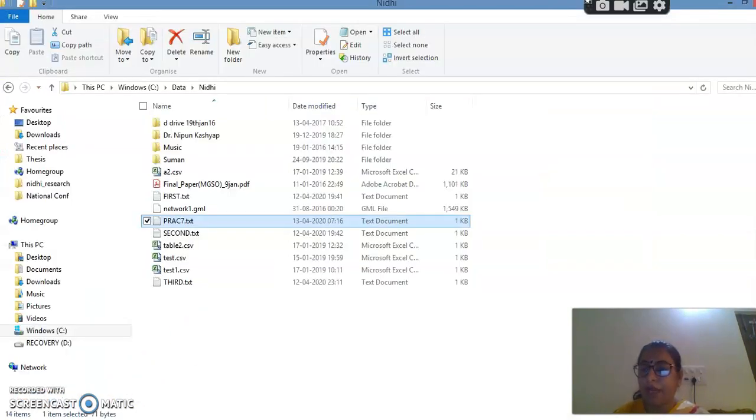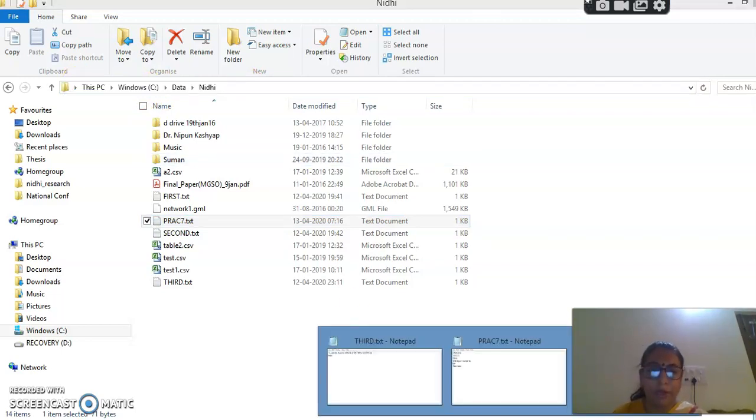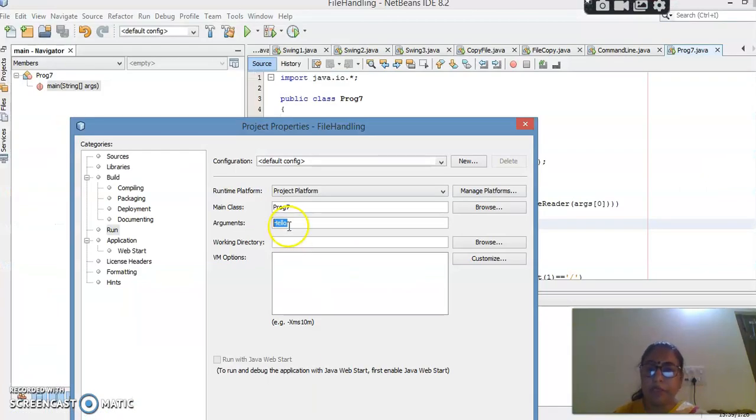So my file is present. I need to see my file is present here. Just go here up, click here and just copy this path. Control C. I'll go again to my NetBeans. And just put the path here. You have to make one correction in the path. Now the slashes are reverse. So while passing the command line argument, you need to reverse the slashes. And the program name was